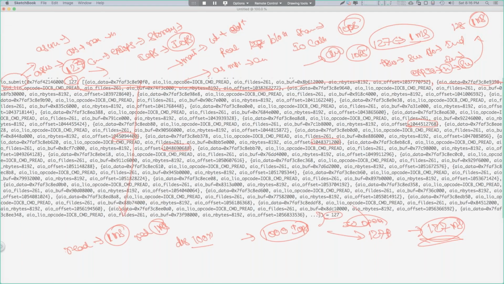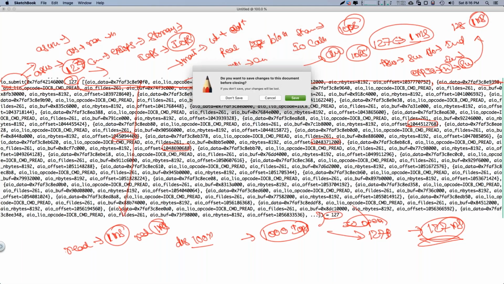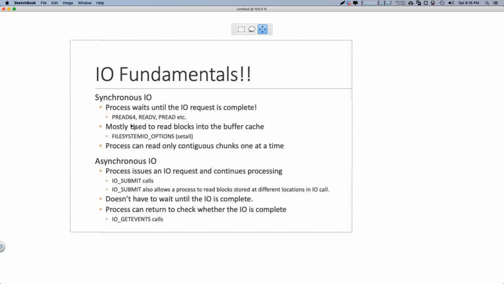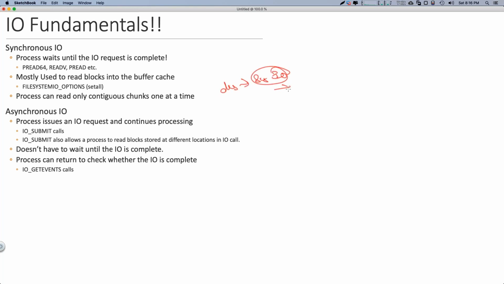Vishnu asks: does the file system IO option equal to direct IO also behave the same way, because in our environment we are using that. Yeah, direct IO in this case, you will make synchronous IO only. Synchronous IO is the worst case. Direct IO is synchronous IO only. It bypasses the